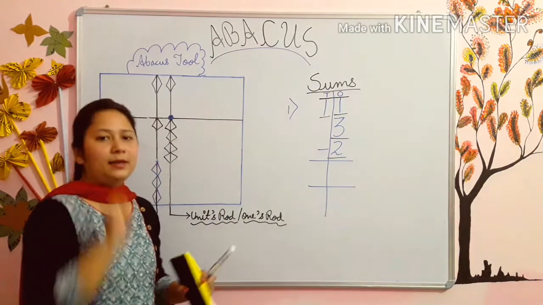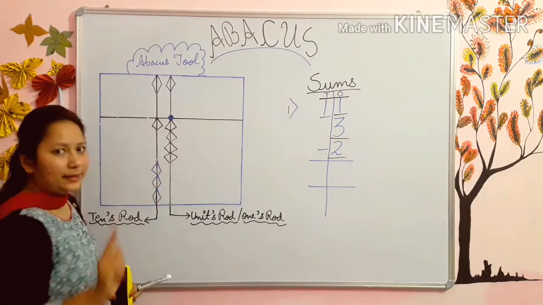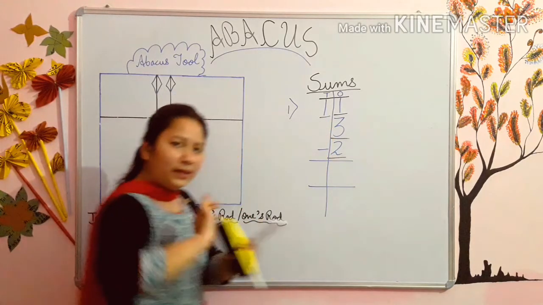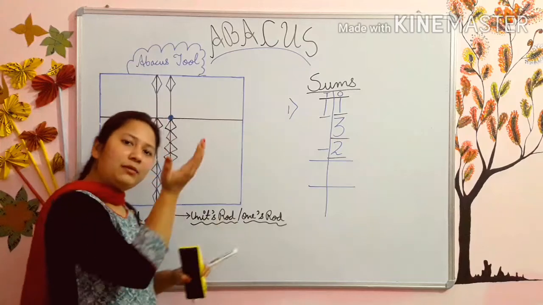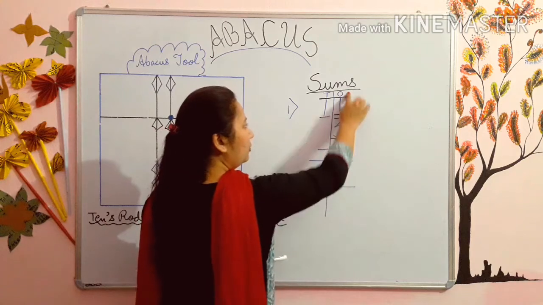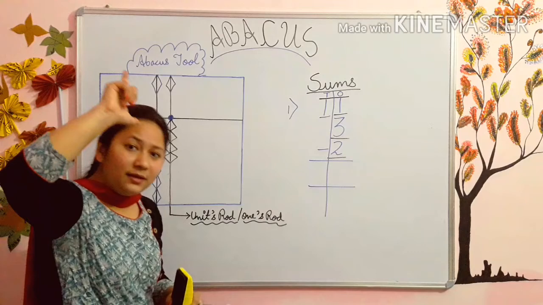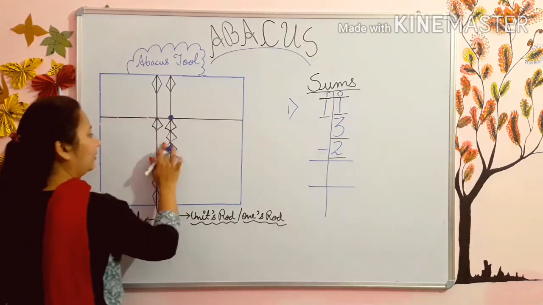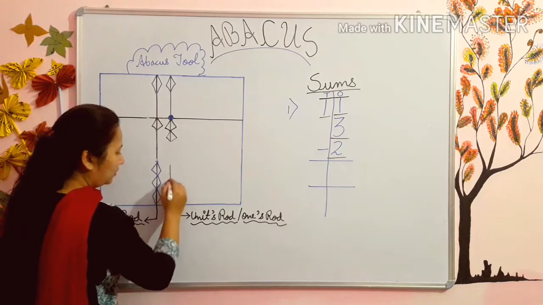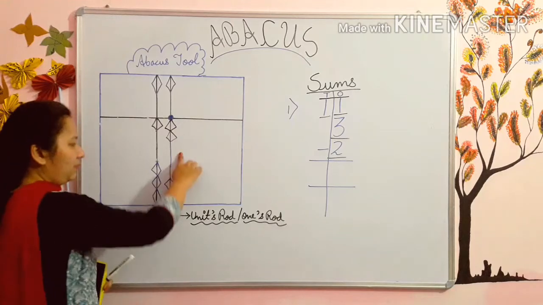If there were a tens number, we would add it or subtract it here in the tens rod. But see, no tens number is there. Only ones rod number is there. So we will do the calculation only in the ones rod. Now minus 2. Now 2 is also in ones rod. So minus 2. Minus means put the bead down. So 2 beads down. Now count. See, I have put the 2 beads down.